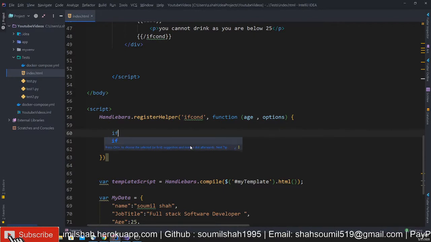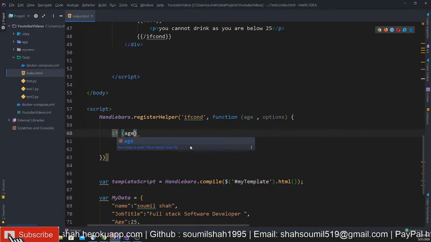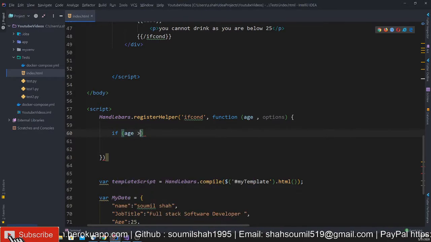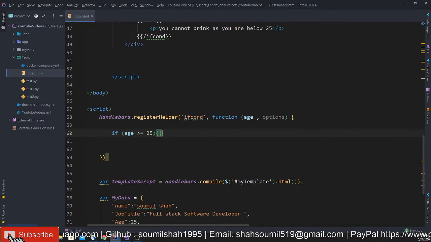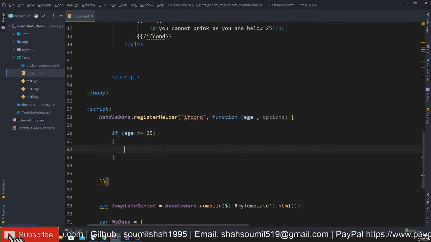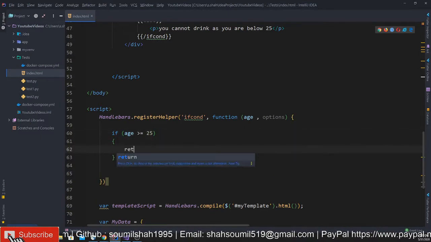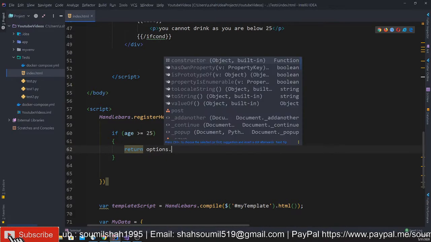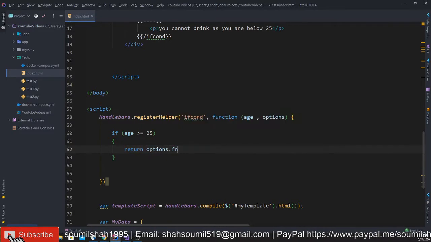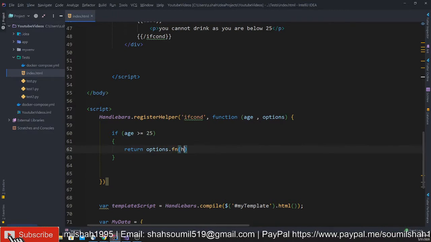So I'm gonna say if age is greater than or equal to 25, then return option dot fn, and I'm going to pass this variable here.